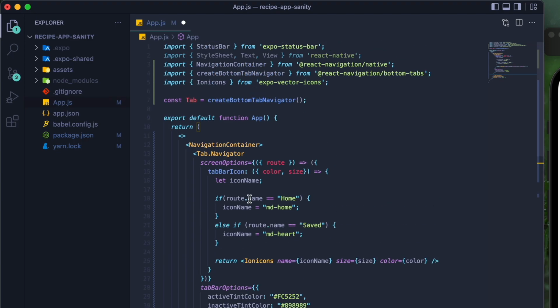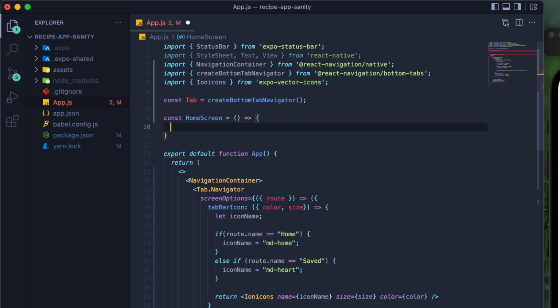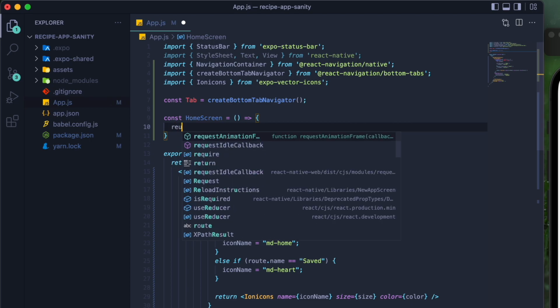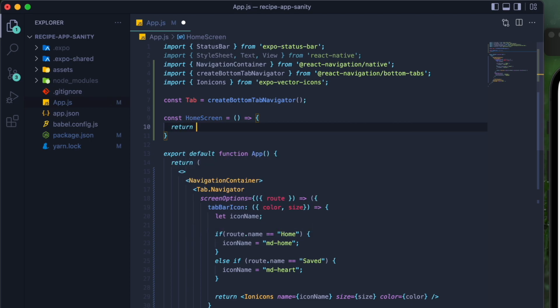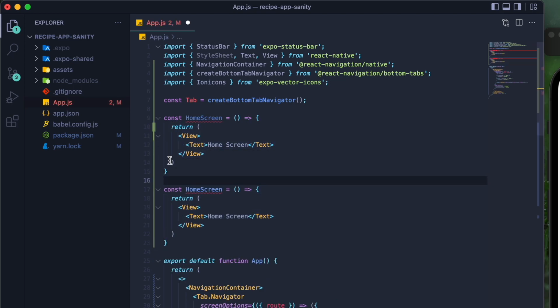Now we're gonna be setting up the screen. So first of all, we have to make the dummy screen. So const home screen is equal to, so we are making dummy components for home and saved screen. So make sure you start it with a capital letter, because that's what determines whether it is an ordinary function or a React component. So view, text, and then we can write there home screen. And then we can replicate it and then write there saved screen,